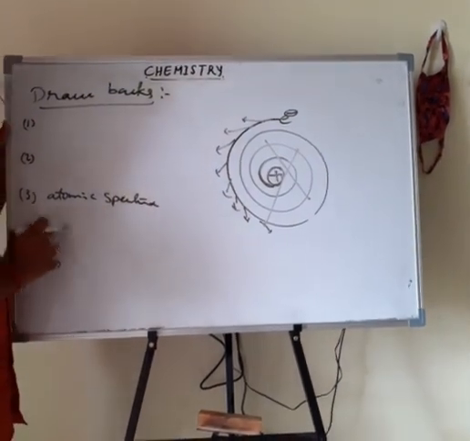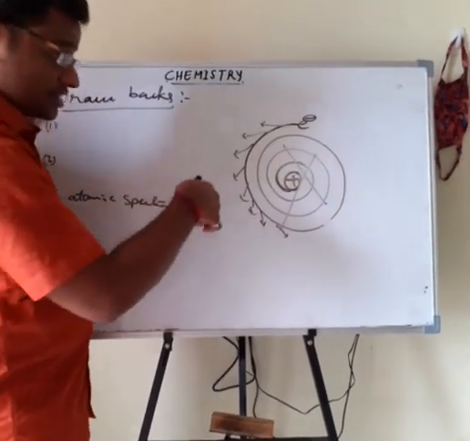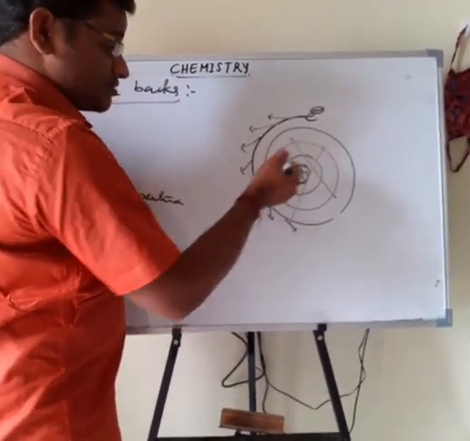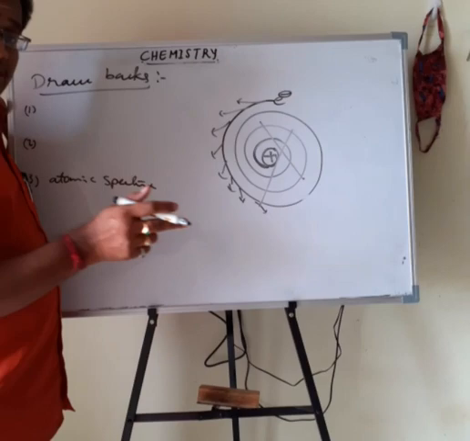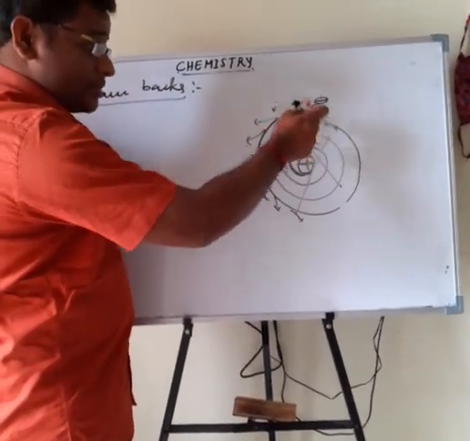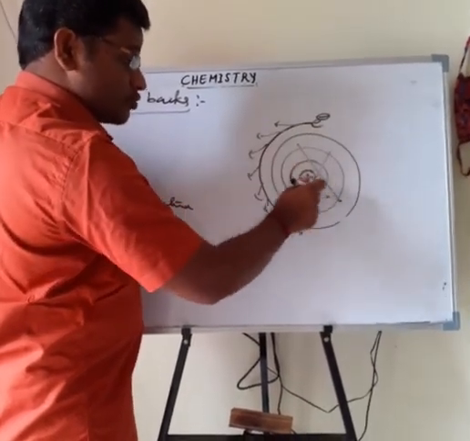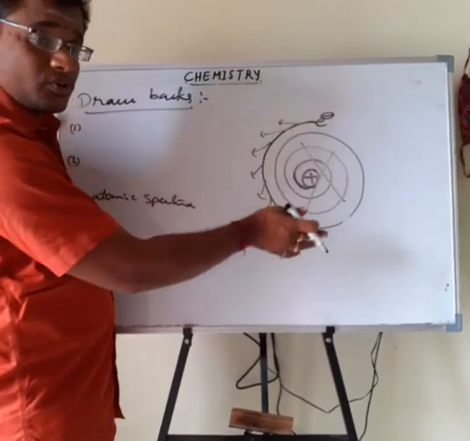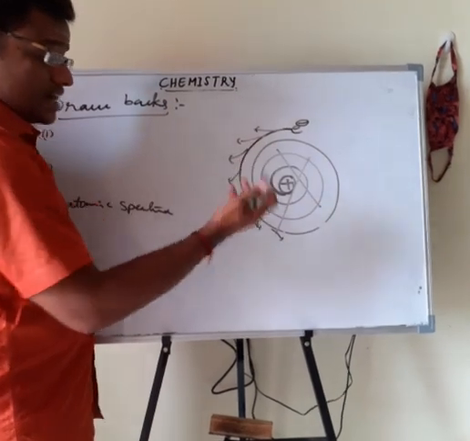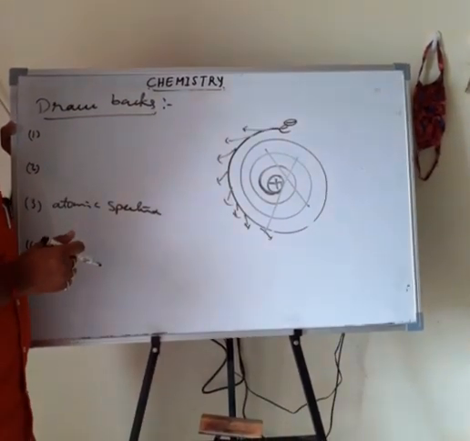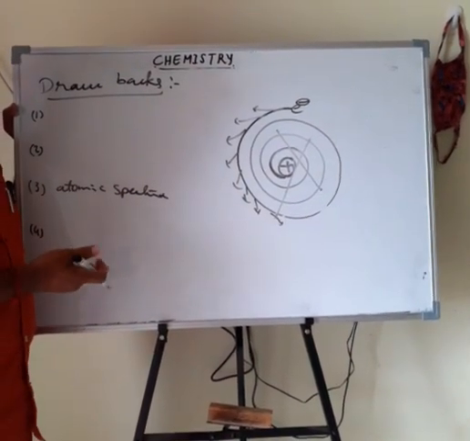But here, the negatively charged electrons do not emit radiation and do not fall into the nucleus. That's why the atom here is stable. So according to classical electrodynamic theory, a charged particle moving around the nucleus in a circular path emits radiation continuously, and the electrons move towards the nucleus and finally fall into it. The atom should collapse, but here the atom is stable. This type of radiation of energy by the electrons is not observed in the Rutherford atomic model. How the atom gets this stability is not explained by the Rutherford atomic model. That is the fourth point.